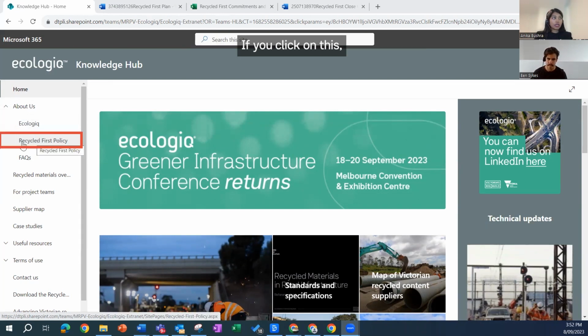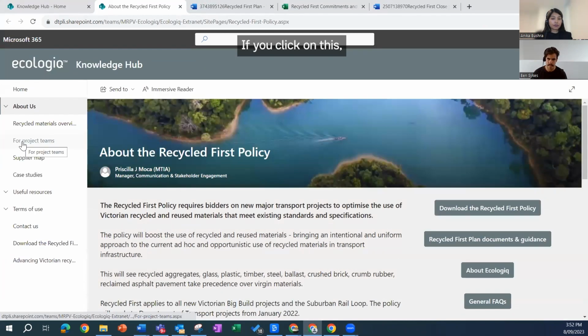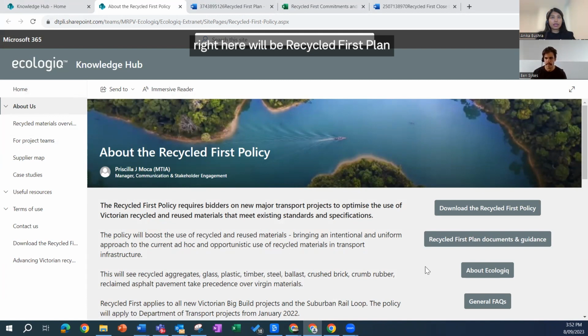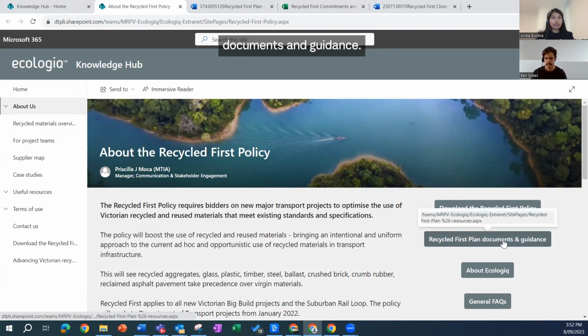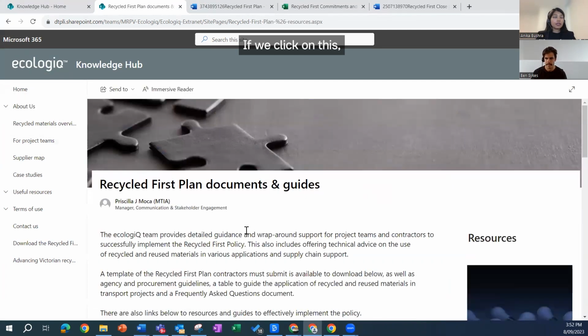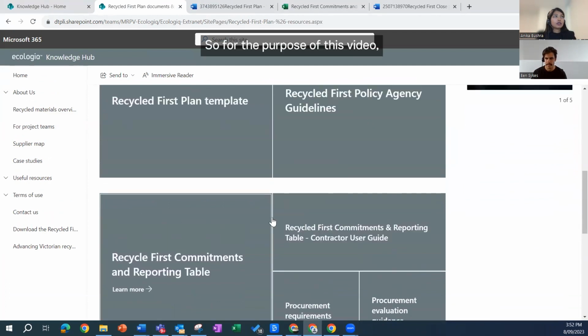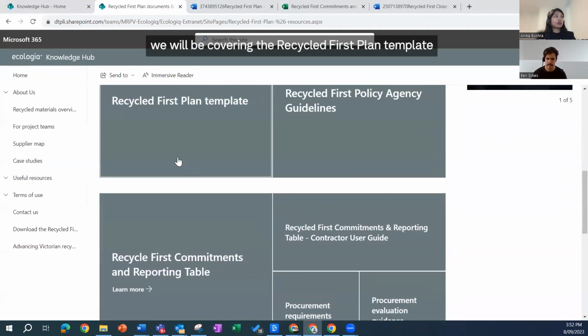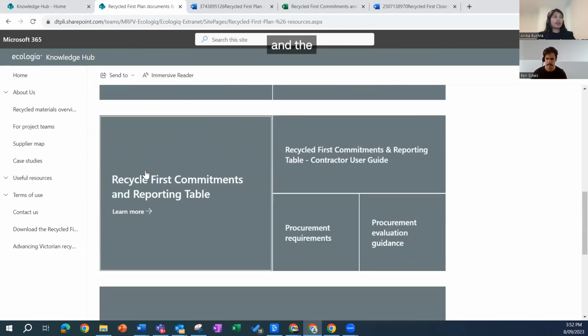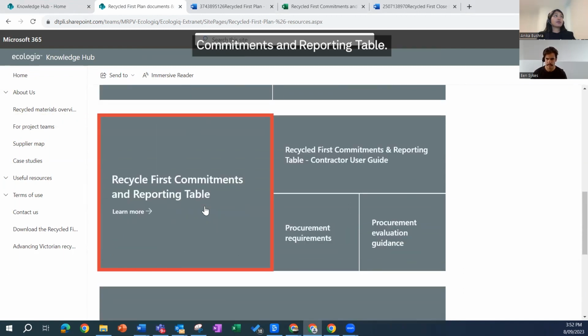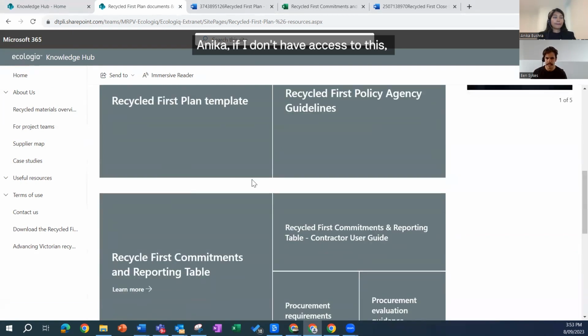If you click on this, it takes you over to another page, and on the right here, there'll be Recycle First Plan Documents and Guidance. If we click on this, there is a number of templates and guidance documents. So for the purpose of this video, we will be covering the Recycled First Plan template and the Recycled First Commitments and Reporting table. Anika, if I don't have access to this, how can I get access to the Knowledge